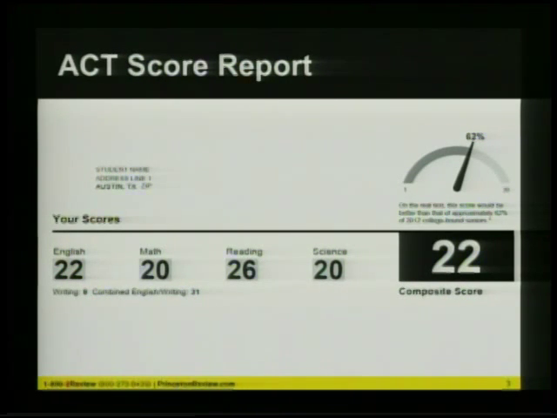You also have in front of you a score report. This next slide gives you an image of what your score report looks like. Of course, this is not your score report, it is just an example. From left to right, I will explain how to read your score report. At the top of your score report, you will see your name and your address. And then from left to right, under the section that says your scores, each score for each section will be